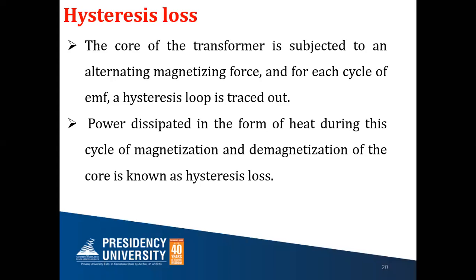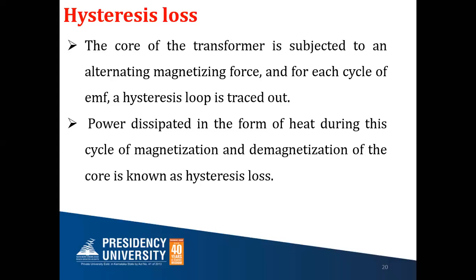I'll tell you the best example here. Suppose you people are in a room, and you are the magnetic domains. Magnetic domains means you are the ones who create the magnetic field. Suppose a force is applied from the output side. The force has two directions, one positive and one negative. First, the force tells you to align in a line, so you will align in one line, in one direction. The second time, the force changes its direction to the opposite, and that time the line will be in the opposite direction. This is happening in a very small fraction of a second, first in one direction, second in the opposite direction.